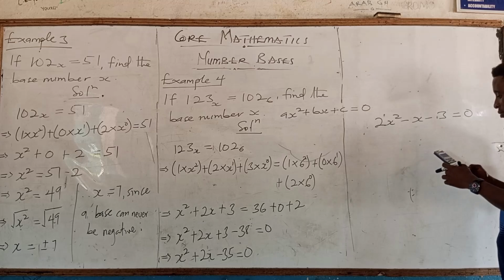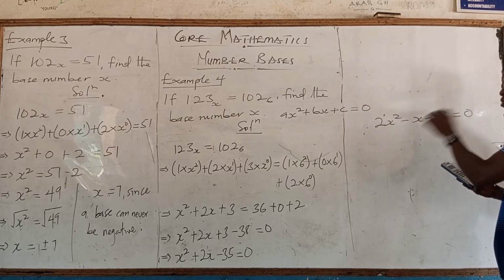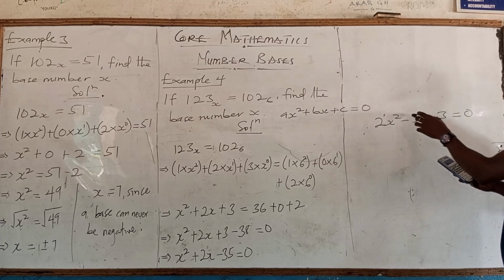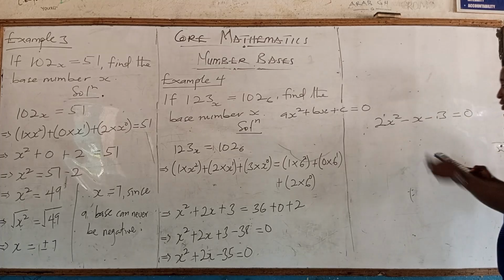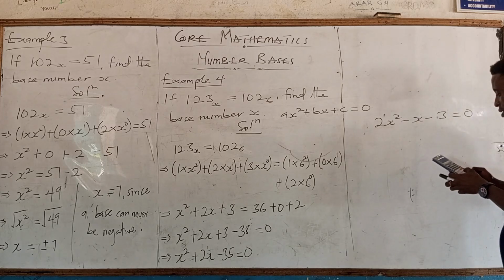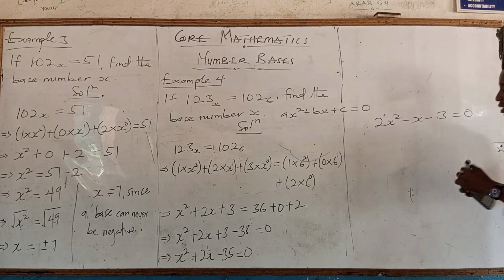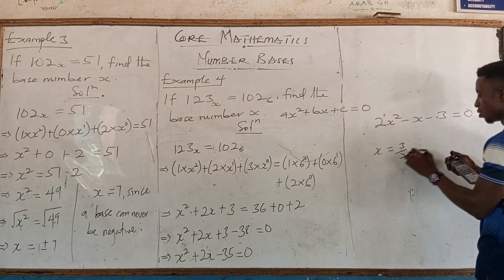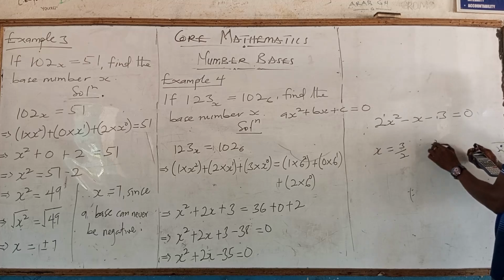Negative 1. Don't put just negative and go, because if you just put negative here, it will give you 1. So it's negative 1. And this is negative 3. So after putting that one, you see we are having x equal to 3 on 2. And the next one is x is equal to